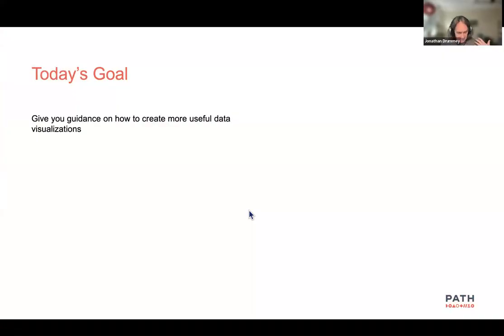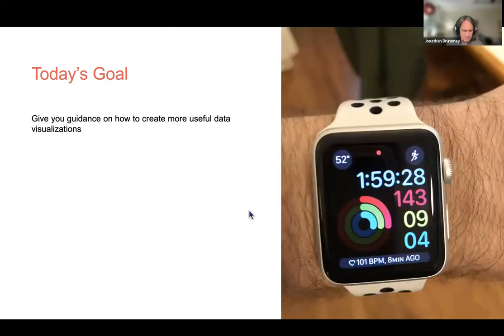For me, in thinking about useful data visualizations, those are visualizations that I am using on a regular basis in support of my work or my life. One of them that I use on a regular basis is the one on my watch, which is showing my level of activity in the day: how many calories I have burned, how many minutes of exercise I have gotten, and so on. As a visualization, I can look at it at a glance and see how I'm doing and have some encouragement to do more, because there's a target goal here of closing your rings.